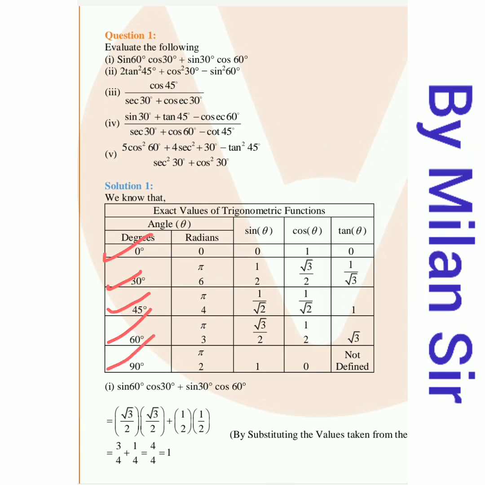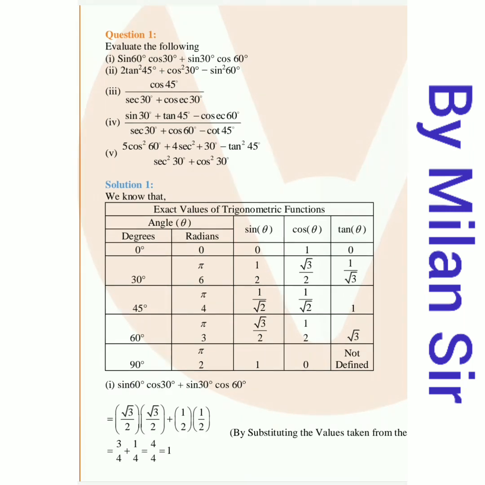Now theta is represented in two ways. That means theta has two units, degree and radian. Degree unit that we know, but radian right now it's not the syllabus of standard 10. You will learn this radian values in your standard 11 and 12. But right now I am telling you that pi represents 180 degree in radian. Okay, pi represents 180 degree in radian. 0 degree is equal to 0 radian.